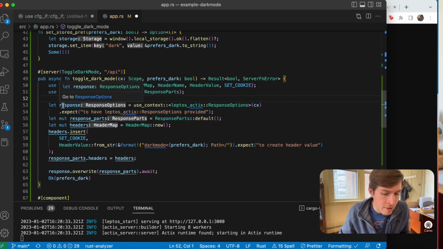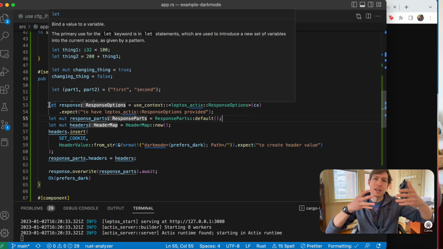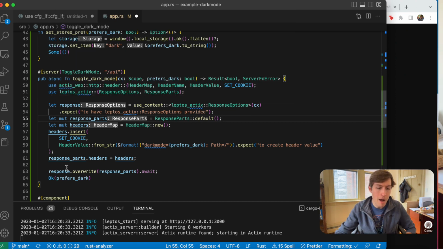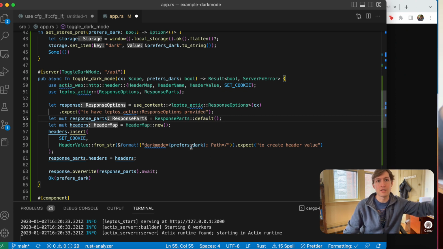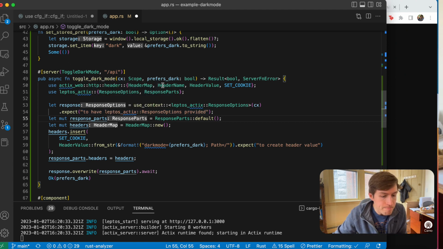So we're just going to get the response. We're going to use context, pull in this leptos_actix ResponseOptions. What this does is let us write stuff into the response that we're returning from this server function, in addition to accessing the request. We haven't set the response yet, but we can do things like set headers, set a response status code during the server function that will then be returned from the server. And so this is just getting that response options,